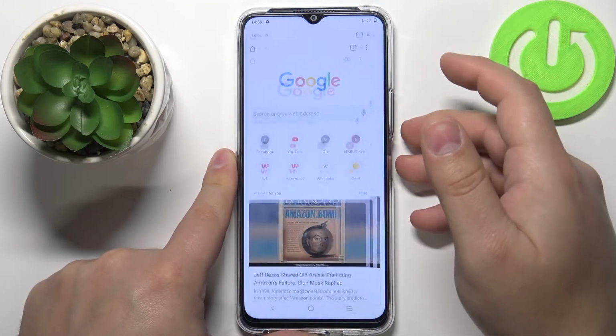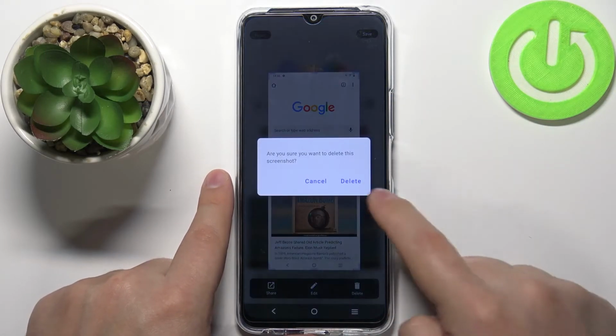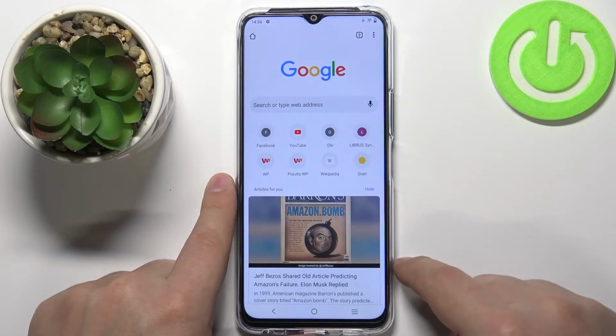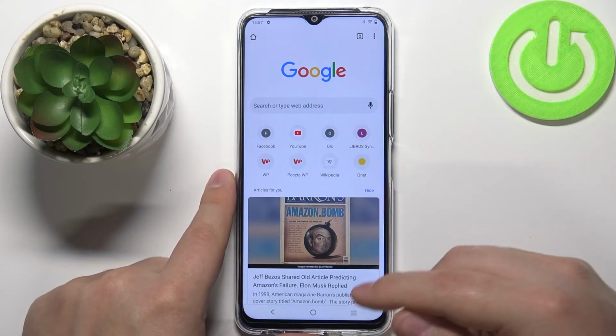So basically you can tap on preview right here and delete the screenshot if you didn't like it, by tapping delete and tapping delete again. You can also take a scroll screenshot. So basically, if you want to take a screenshot of the